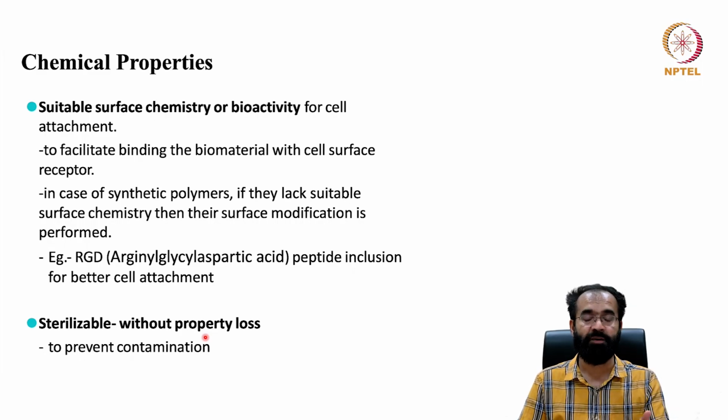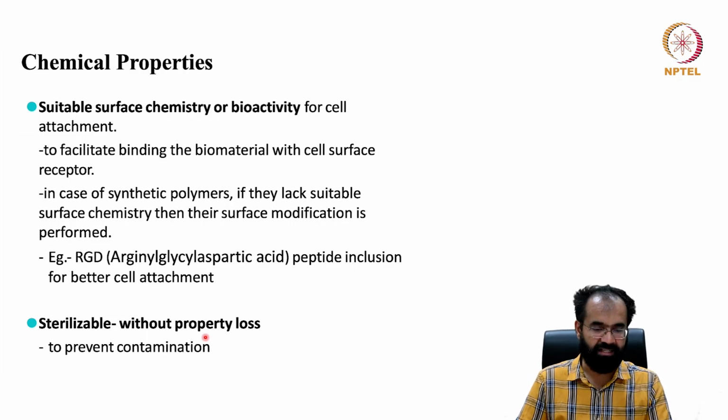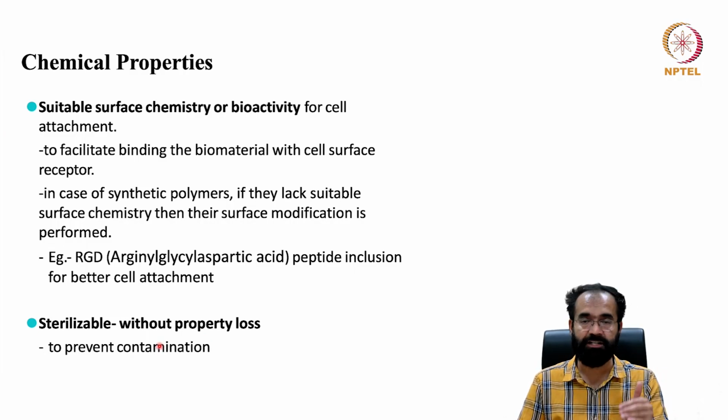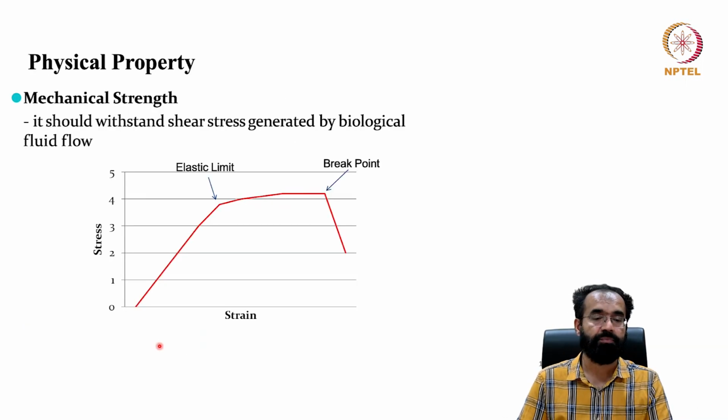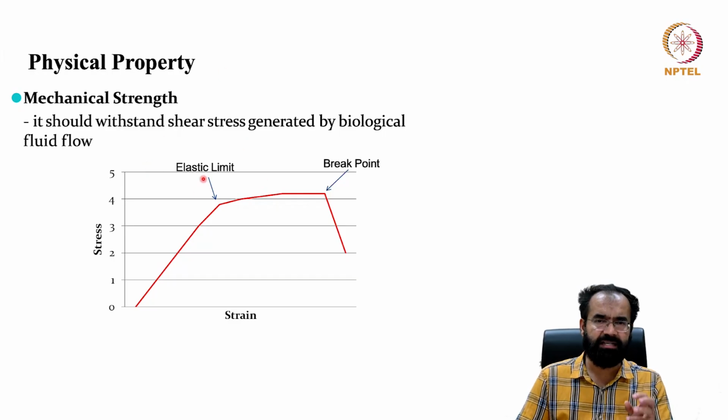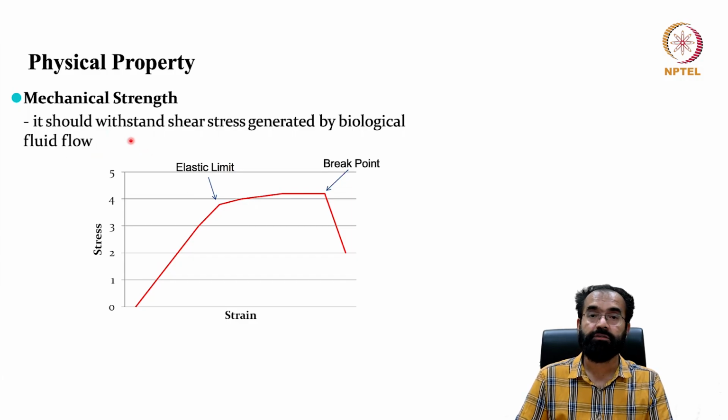Sterilizable without any property loss. So you made everything fine, but after sterilizing, either with UV or maybe gamma radiation or autoclaving, it lost its property. You don't want that. So to prevent contamination, you must sterilize the biomaterial, but it should retain its quality. And let us look into the physical property. It is a little bit of physics that comes into the picture, mechanical strength, that it would withstand